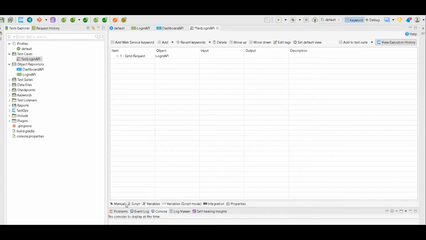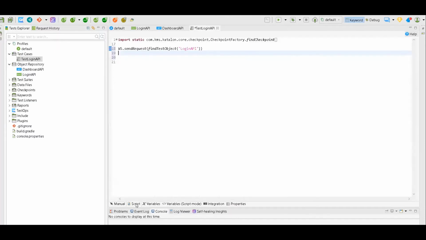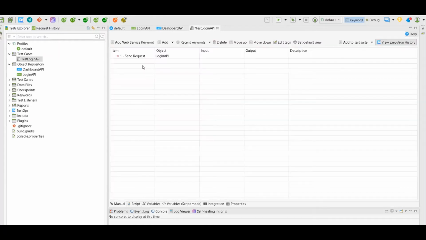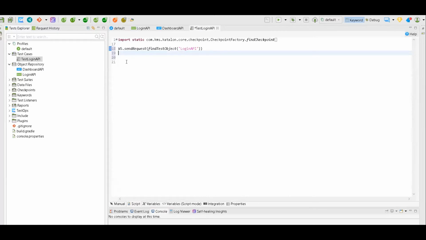So this is how you can do it if you don't want to use coding, if you don't know coding, or you don't want coding to write any testing related stuff. You can add all those things step by step here. I will tell you how; we will do it for login API and dashboard API. Similarly, scripting, you can do one by one based on your requirement. Whenever you do something in manual, it will automatically add it in the script. And that's when I will tell you what happens at every step behind the scenes. So the script section is actually the background of manual.